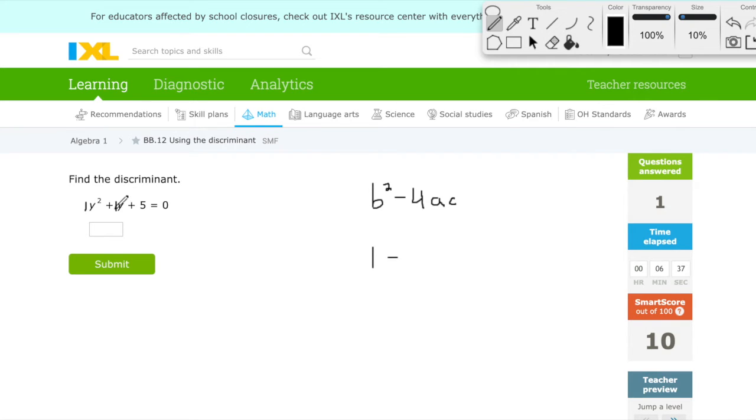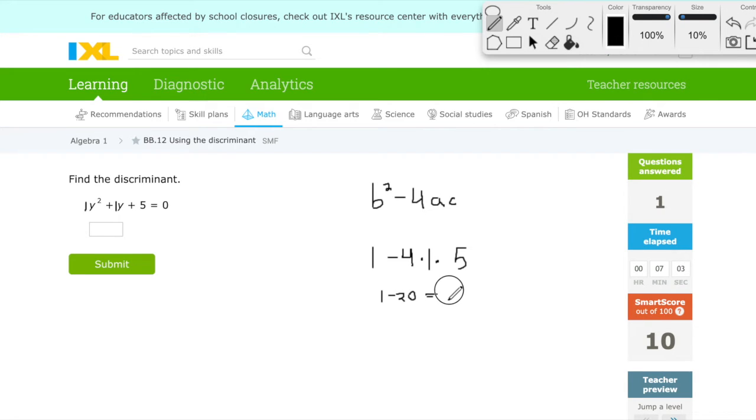Minus 4 times a, which is also 1, times c, which is 5. Remember, this multiplication happens before subtraction. 4 times 1 is 4, times 5 is 20. So we'd have 1 minus 20